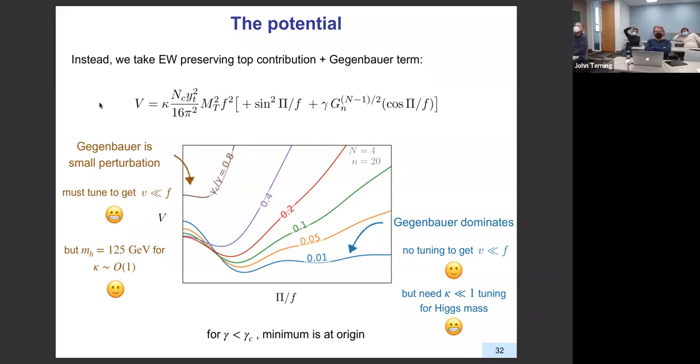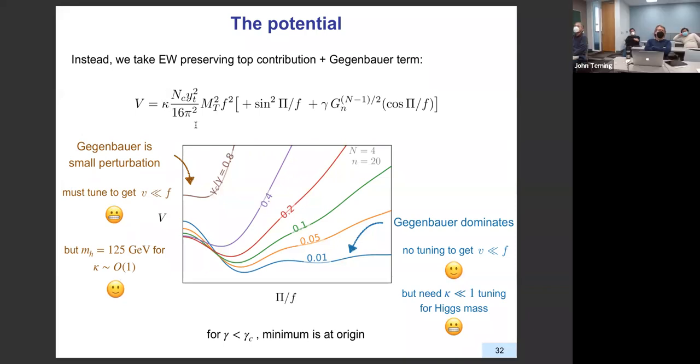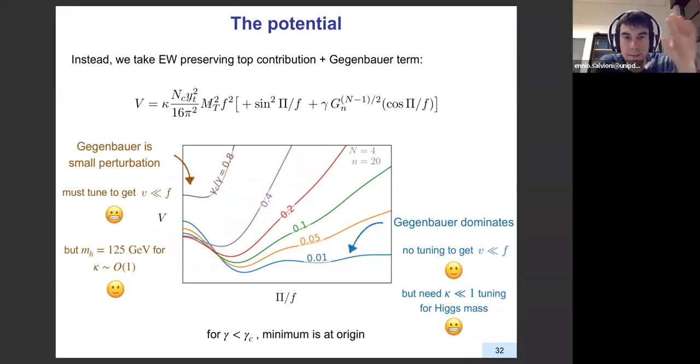What's kappa? What's your definition of kappa? Kappa is here in front of the whole potential. Oh, I'm sorry. Okay, thanks. And thanks for the question. Let me also say this parameterization is partly unfortunate in the following sense. Kappa is multiplying everything, so it's also multiplying gamma. However, this is not important. It's just a convenience choice.